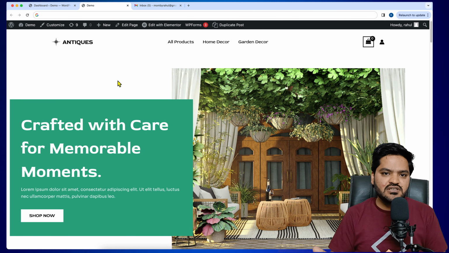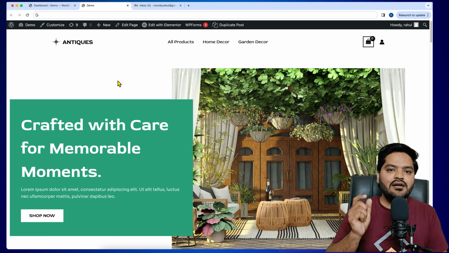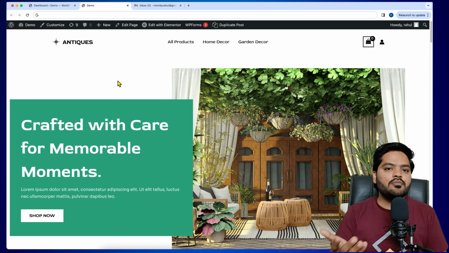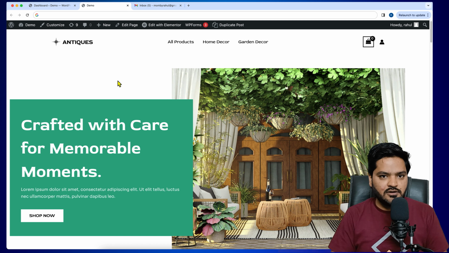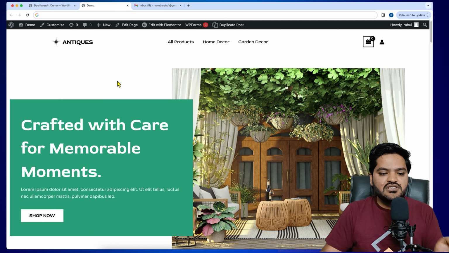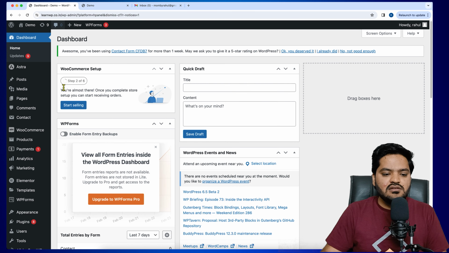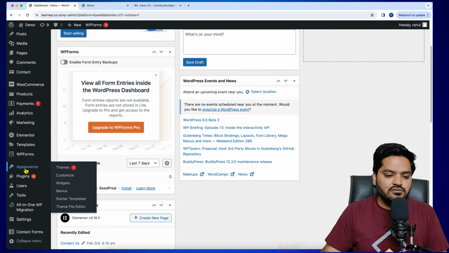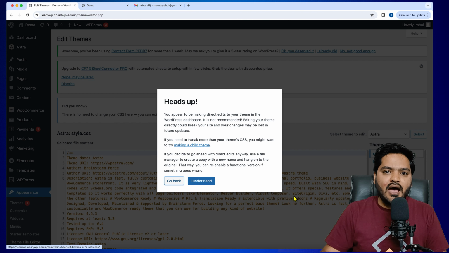And usually what happens is, in order to integrate these kinds of third-party websites, you need to add a custom JavaScript code in the header of the website or maybe the body of the WordPress website. Now there are two ways to perform this task. First is to go to the theme settings, that is the theme file editor, and then you can add the